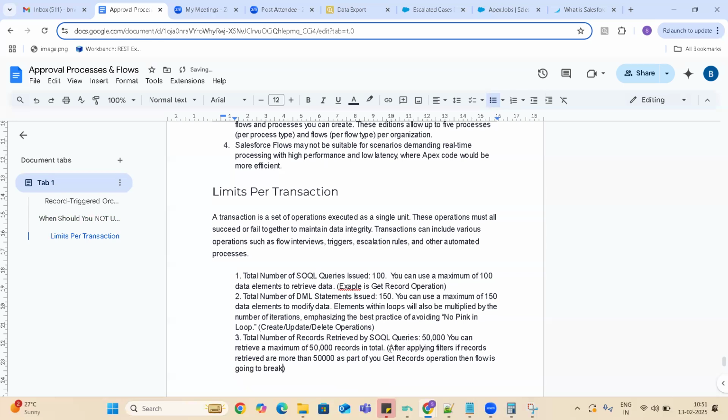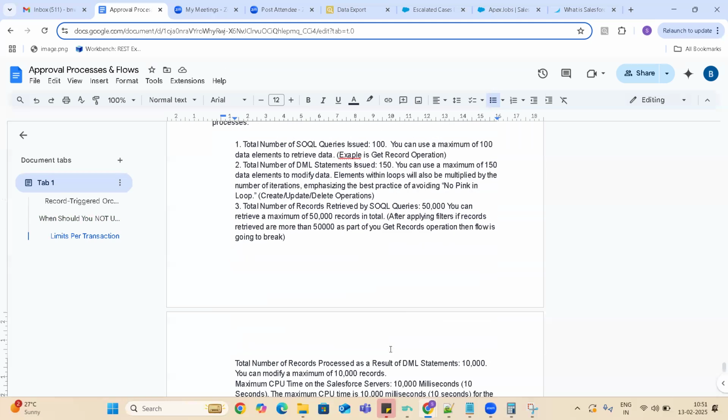So in such a situation also, we should not use it. So these are all limits, guys. To simplify these limits, the simple statement that we have seen previously is: in case of a complex process, don't use flows. Why? Because of these limits.